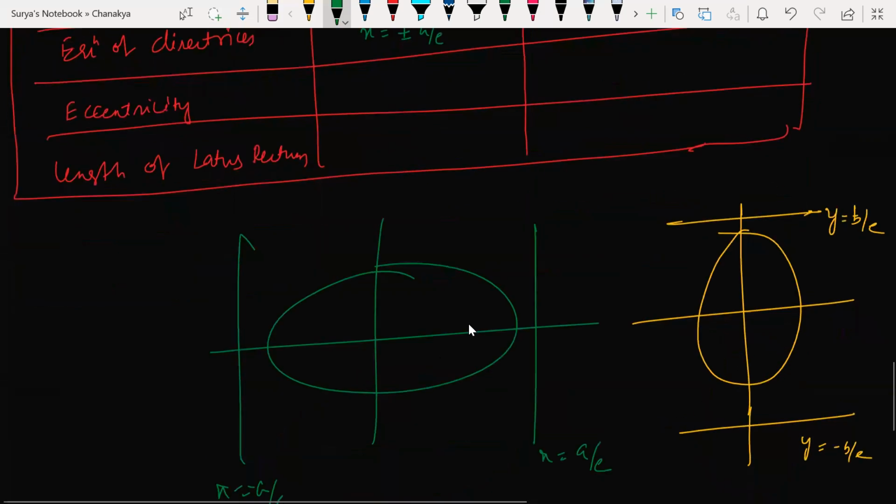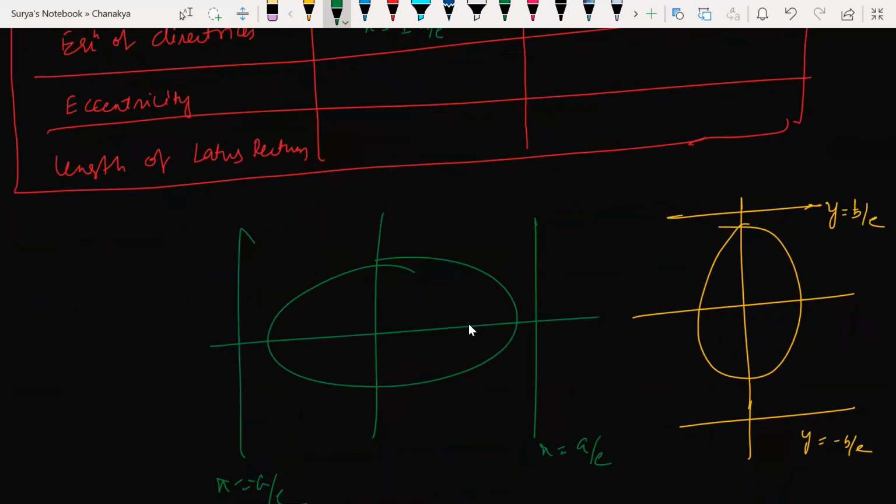Eccentricity. What is the eccentricity of the horizontal ellipse? मैंने बताया था एक रिलेशन। What relation I told you बेटा? b square is equal to a square into 1 minus e square. Yes or no? हाँ, from this सर, root a square minus b square by a square. हाँ, वेरी गुड।